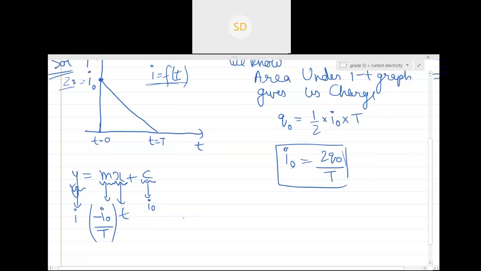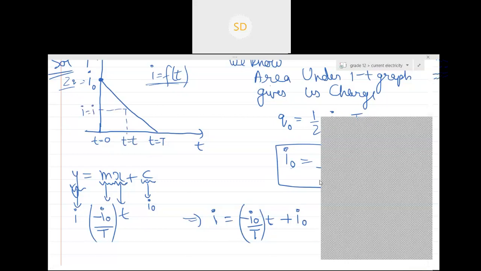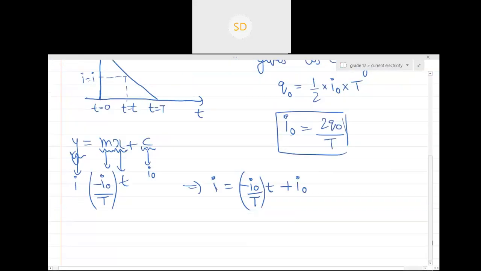Can you see from here I can make the function I is equal to minus of I naught by T, oh sorry, capital T, multiplied by small t. But what is small t? Small t is basically a general time and I is basically the current at that general time. For example, if this is t equals to t, then this is I equals to I, plus I naught. Yes or no, guys? Will this be the function? So I is equal to I naught common, 1 minus t on capital T. This is basically the function which has been formed.